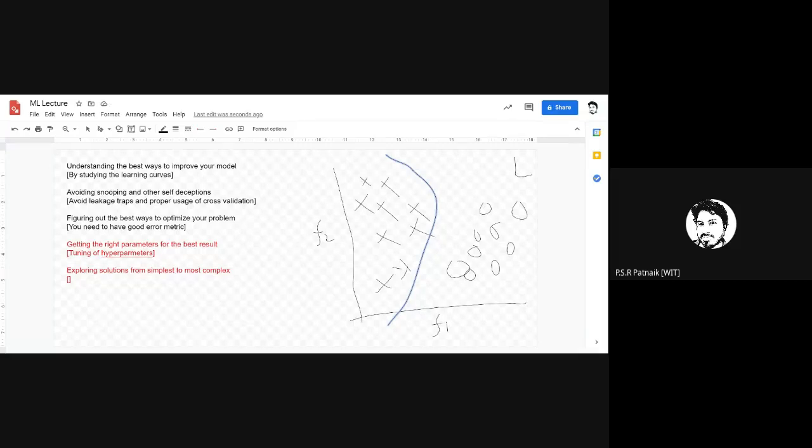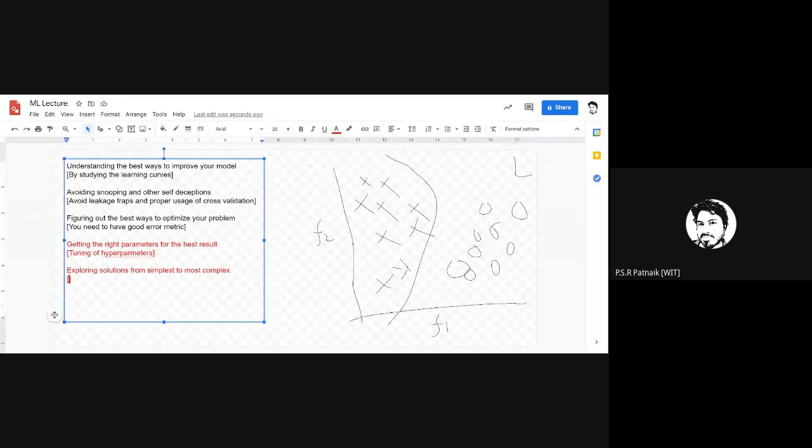So that's what I'm saying. How do we come to that point? We always come to that point by exploring the simplest solutions first and then going to the most complex one. We might start with logistic regression and not get a solution. Then we will build another model using a more complex algorithm like decision trees. Decision trees will not work. But remember, whenever data is not linearly separable, a classification algorithm based on support vector machines works better.